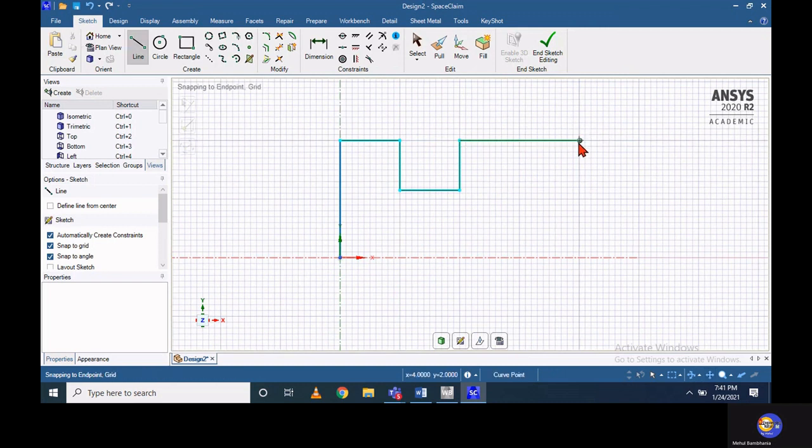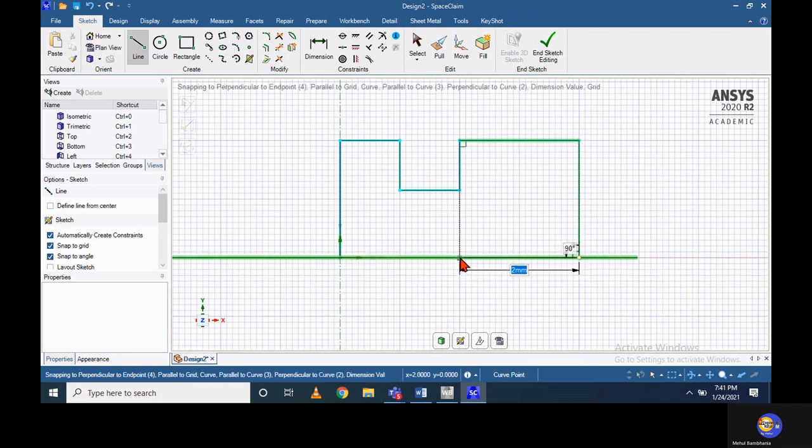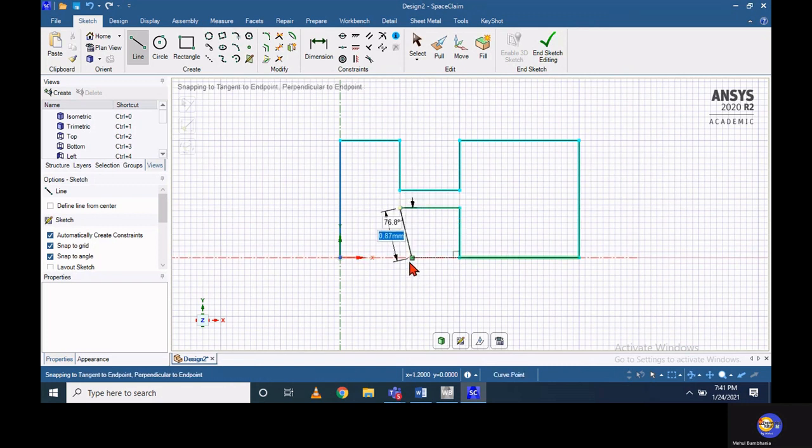The diameter of this channel is 2 mm and the nozzle section length is 1 mm. You can also indicate the dimensions in your sketch.